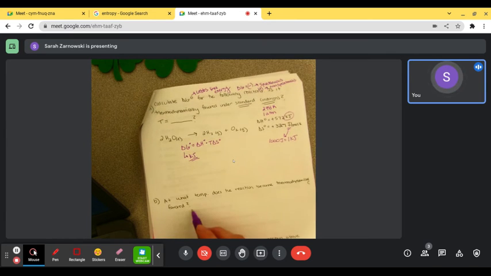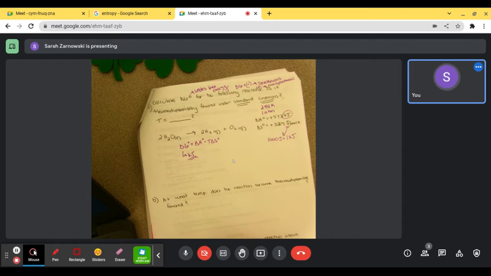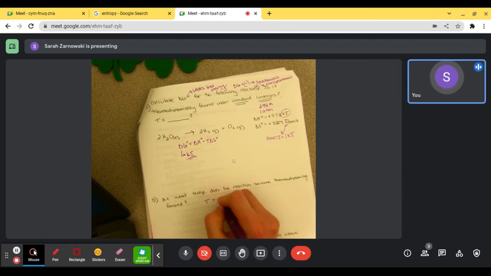For this one, you're just going to rearrange the equation up here for temperature. So you're going to do temperature equals change in H